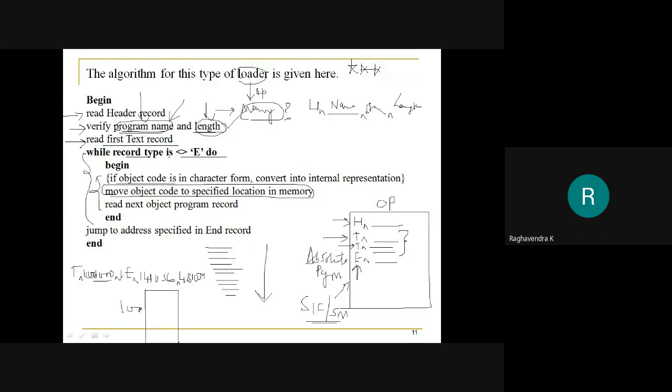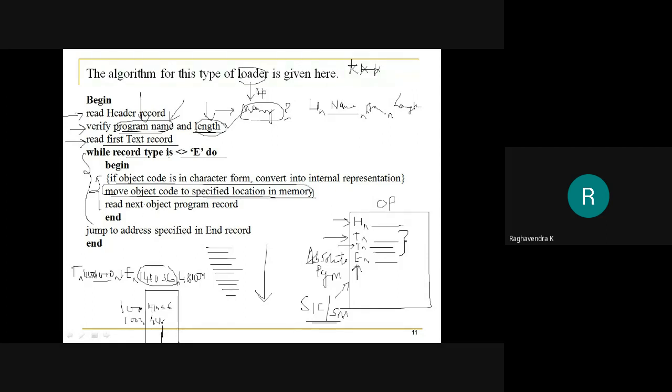It says at 1000 you have to load this instruction, so it will put 141036. This is what moving object code to the specified memory location is. Next it will put at 1003 481039. So this process will go on.